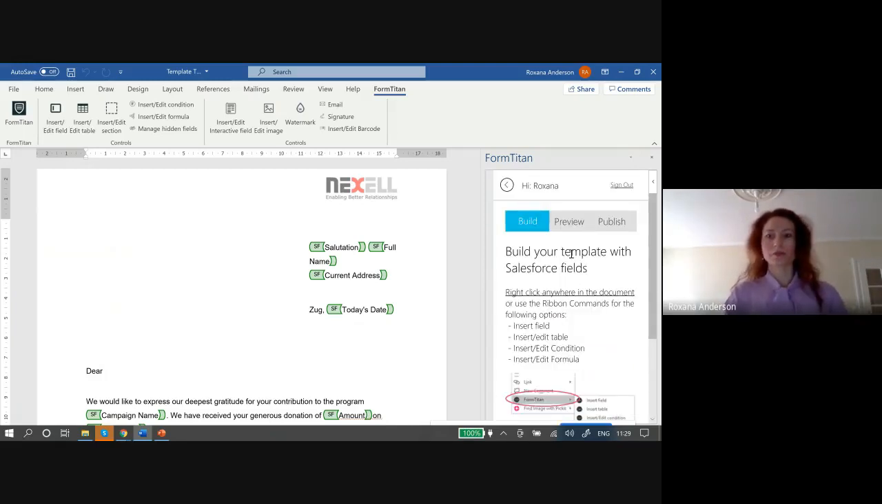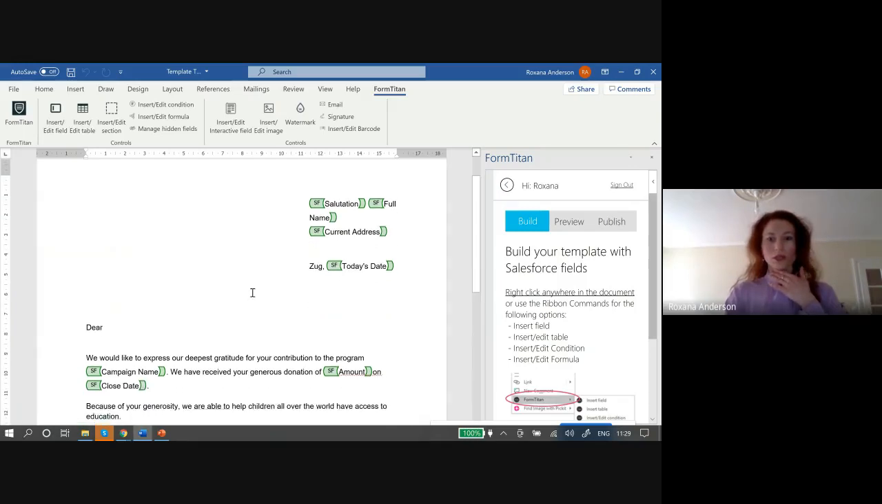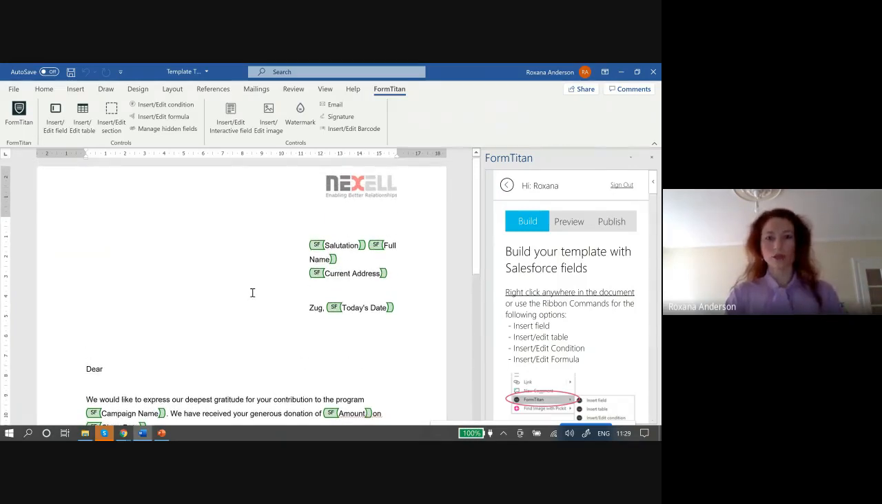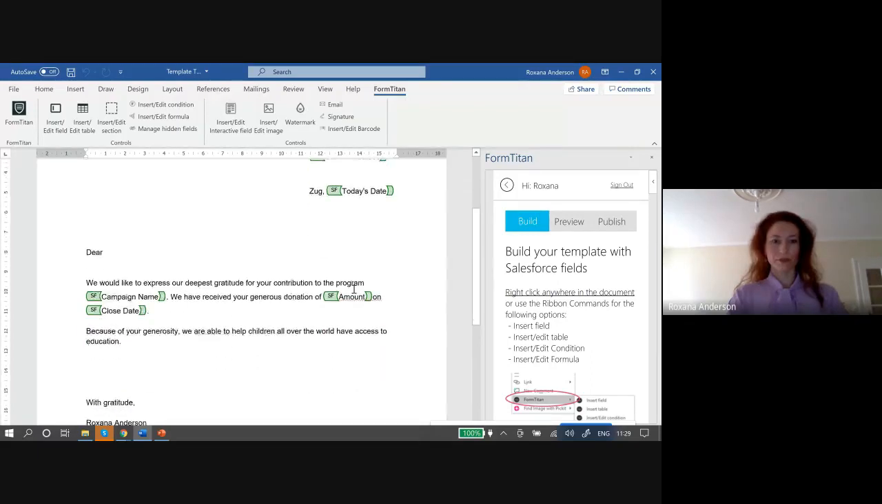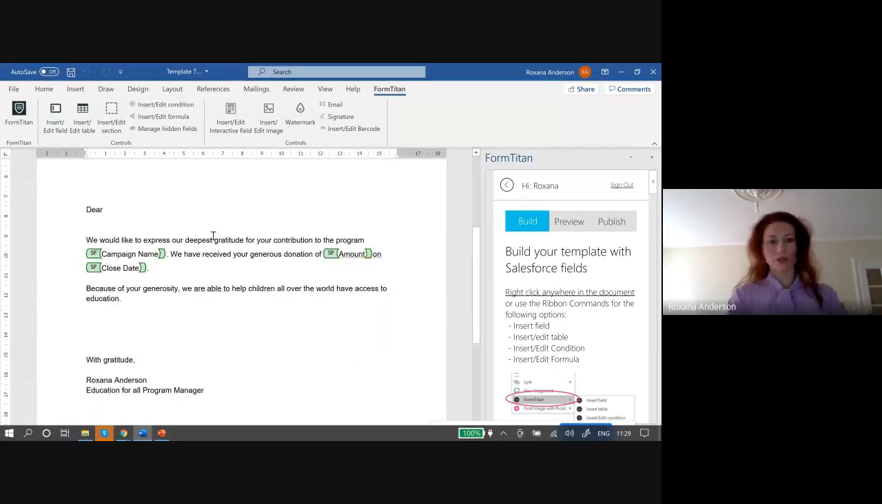So now I'm logged in, and this is the template that I would like to create and to have filled in automatically from the donation page. It is just a thank you letter with the salutation and the name of the addressee, with the address, with the location, with today's date. And then I have just added a simple text, a thank you text,